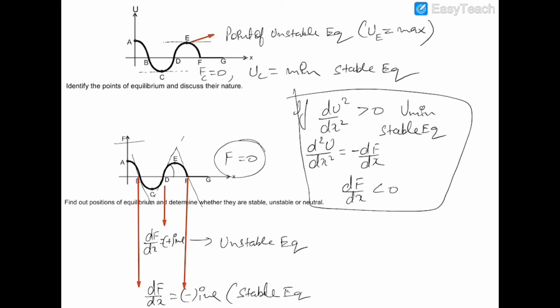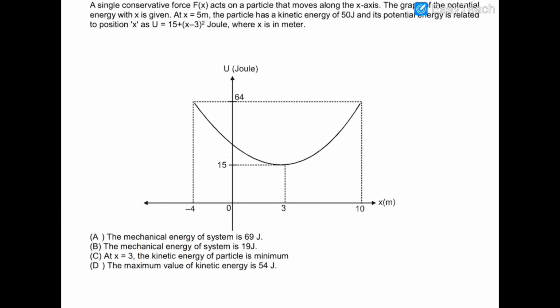Okay, now we move on to the next question. In this question, a graph between potential energy and x is given for a particle which is moving on the x-axis, and the force is acting on the x-axis, and force is a function of x. Now the potential energy of that particle as a function of x is given to be 15 plus (x minus 3) whole square. So this is the potential energy of the particle which is given as a function of x,